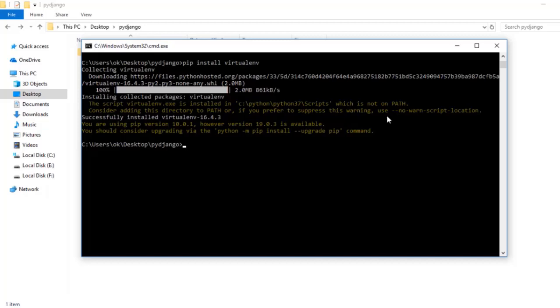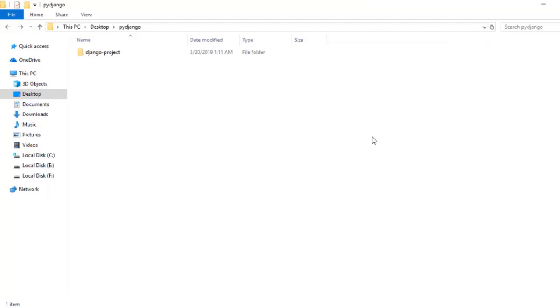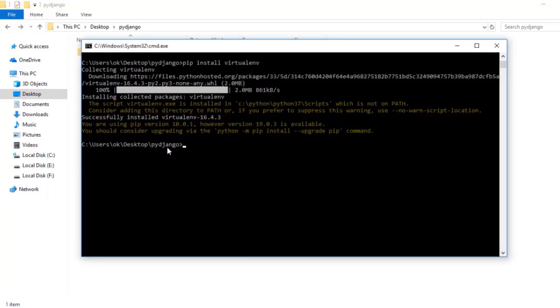All you have to do is take care of the folder in which you are going to create the virtual environment. So here I would be creating a virtual environment and I would be working with this particular folder. I would be creating a PyDjango folder. Here I would have a virtual environment folder and this will be my project folder. So just open your command prompt, or if you are working with PowerShell or terminal, open it in this particular folder. So I am inside my PyDjango folder.